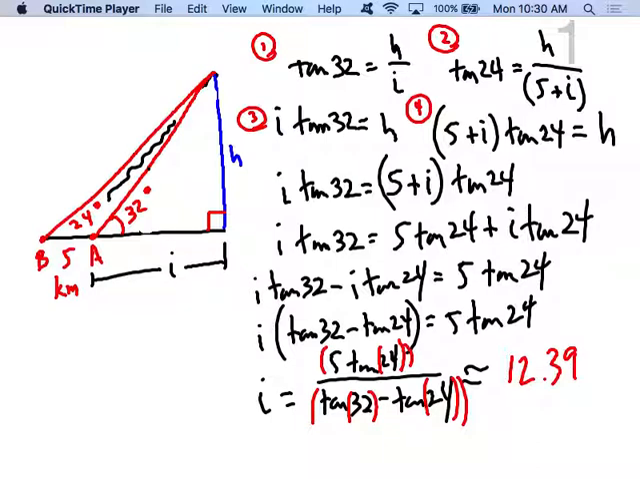This answer should be stored. Just set it over there. Thanks. This answer should be stored on your calculator now. Don't use 12.39. Use the full 12.39 blah blah blah number. That big scary number. Bring it over here and do 12.39 times the tangent of 32, and that'll equal h. So therefore, h is equal to